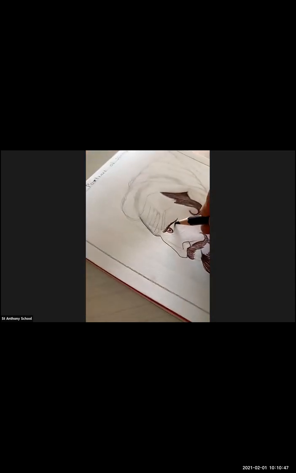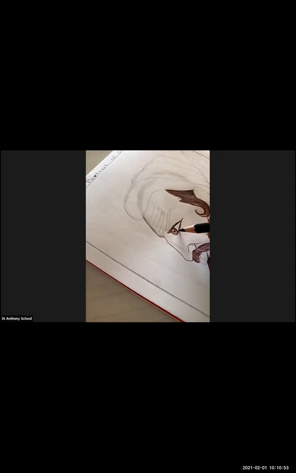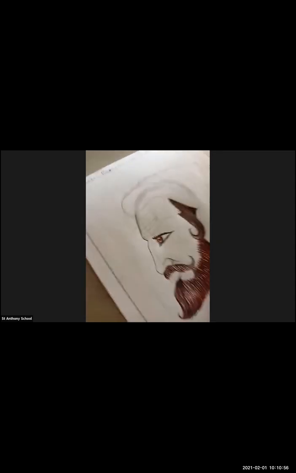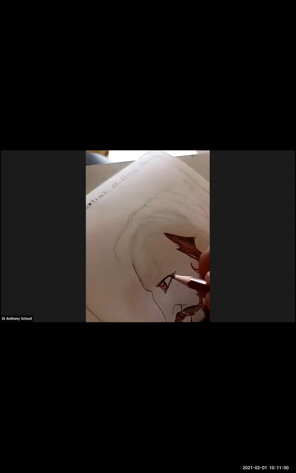Just look at this. Okay, so here I've drawn the eyes, and now I'm going to draw the eyebrow.